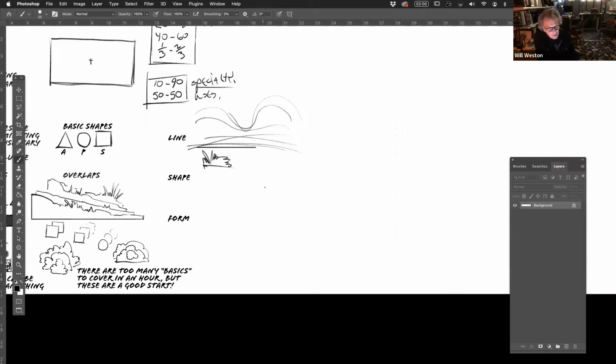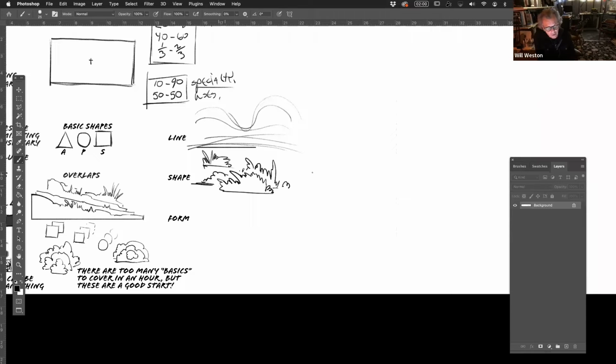Overlaps are shapes. So when I come in here and I do this, I'm showing, you know, some grass. We just can't see anything inside. And I'm using the lines to show the shape. Okay, so there's nothing inside the shape. It's flat. I'm using lines to show the shape. And in fact, I can come in here and use lines to show a whole variety of shapes, right? And as I said before, I can do an entire painting doing just this.